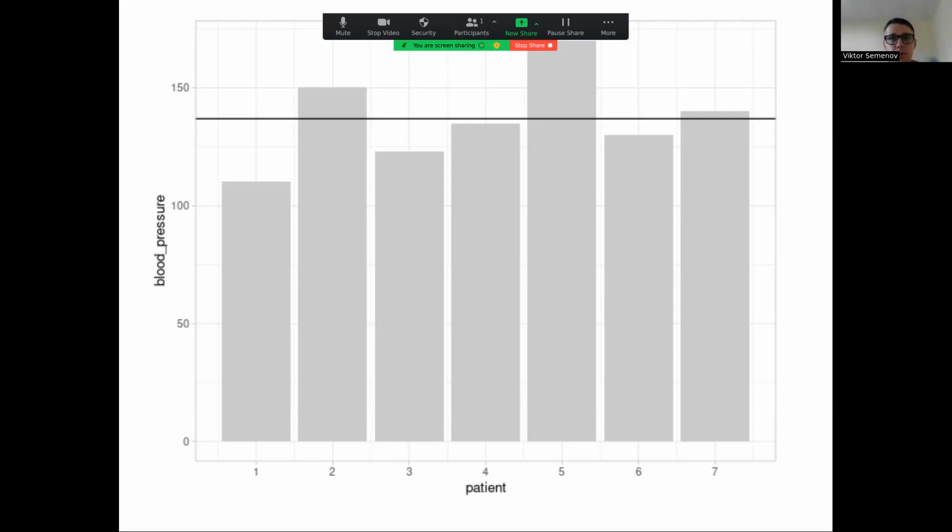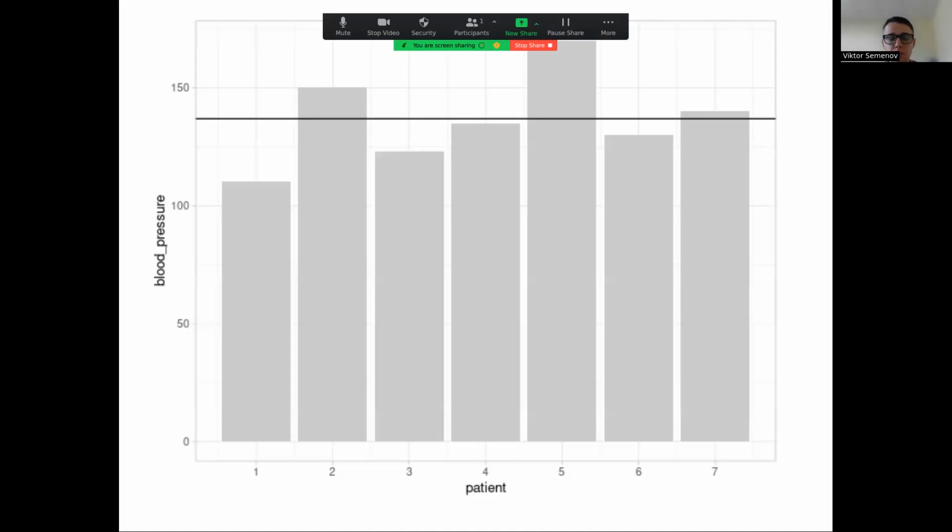So one way to do it is to say that patient number 1 has something around 110, another one had 150, the third one had something like 120, and to enumerate all the patients. It is a good idea if you have a very small number of patients or observations. But if the number of observations is big, it becomes a pretty tedious process. And you would like to have some kind of shortcut to describe in 2 words what's happening with blood pressure